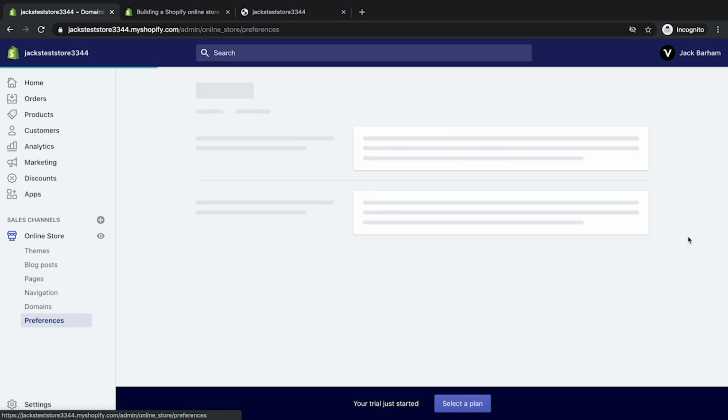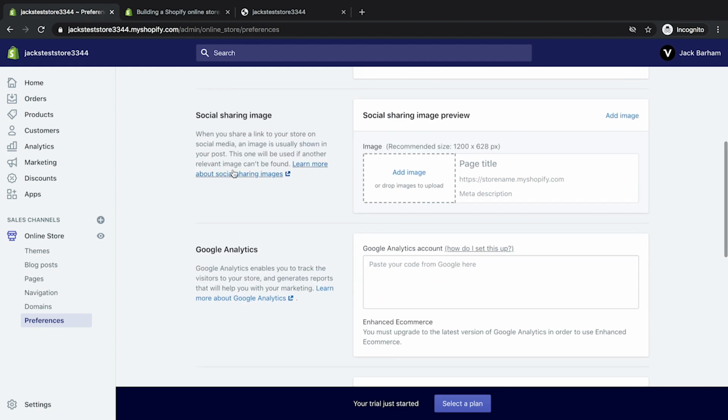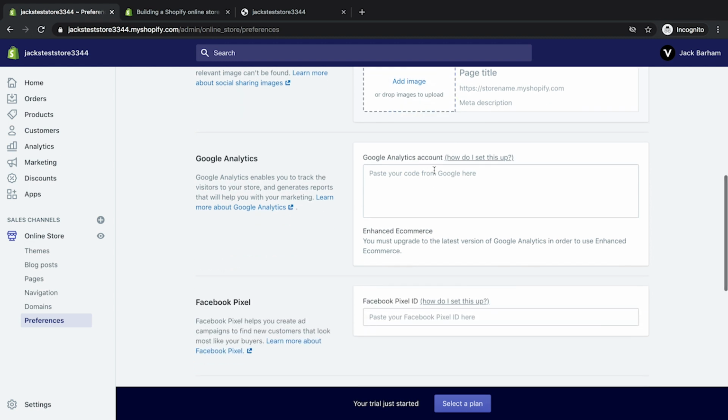Preferences, these are your store preferences here. Title, meta description. I'll go through this in more detail as we add content in. But this is where you have your homepage title, meta description. This is where things like Google, Bing, Facebook, Twitter, they pick this up as a default. Social sharing image, bit of a tongue twister there, is when you share your website link on social media and you get that nice image that comes up. You can set a default image here. Google Analytics, I recommend registering your website on Google Analytics.